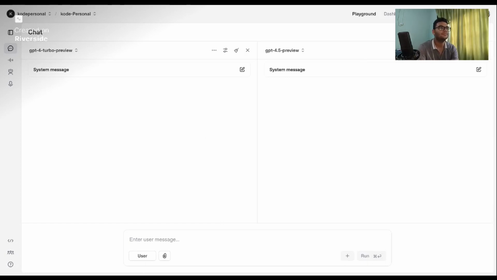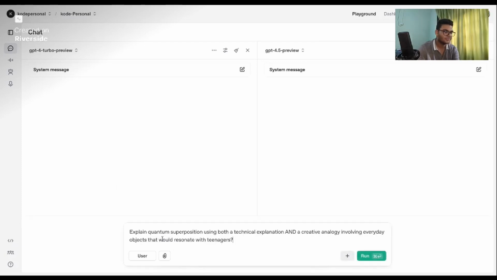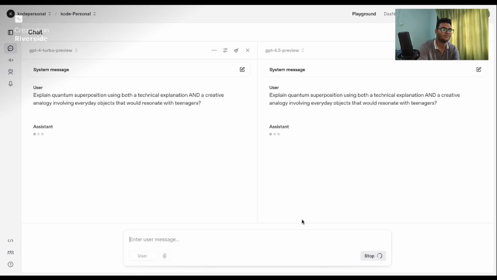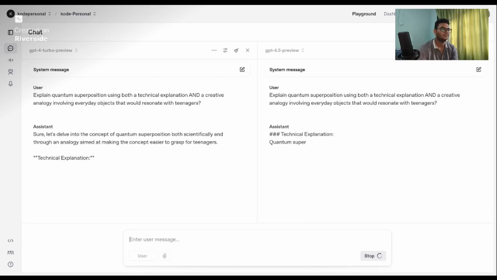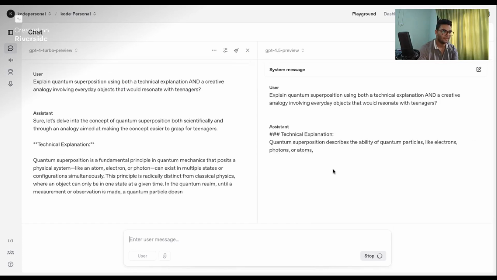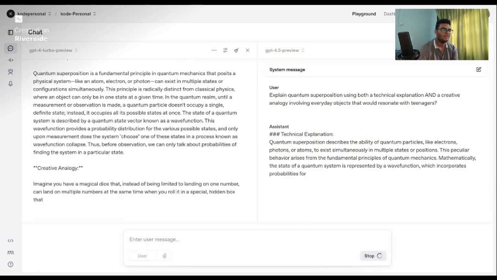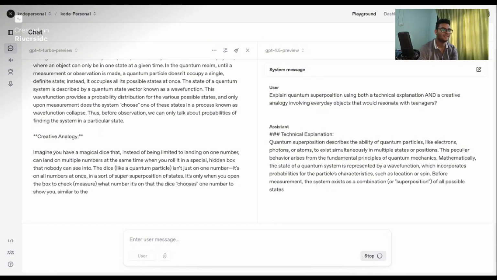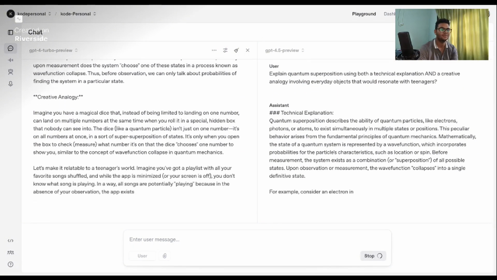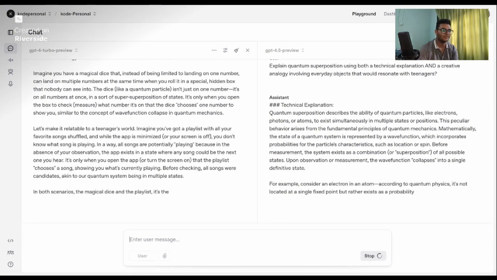So what do I use here? Okay, I have a question: explain quantum superposition. I'm going to use these two models to get me an answer. Let's see. Okay, maybe it's here in Sri Lanka or something like that, the data center they use. It's slow, but